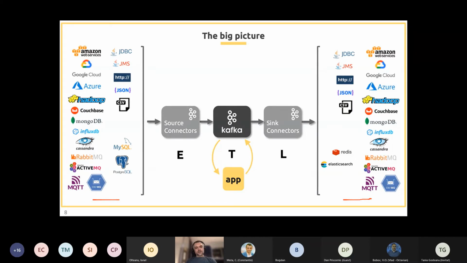And the great advantage with Kafka Connect is that there are a lot of connectors we can choose from, and these connectors can interact with various data sources. There are connectors for a lot of services offered by public clouds like AWS, Google Cloud, Azure. Connectors used to access various databases like MySQL, PostgreSQL, Cassandra, just to name a few.